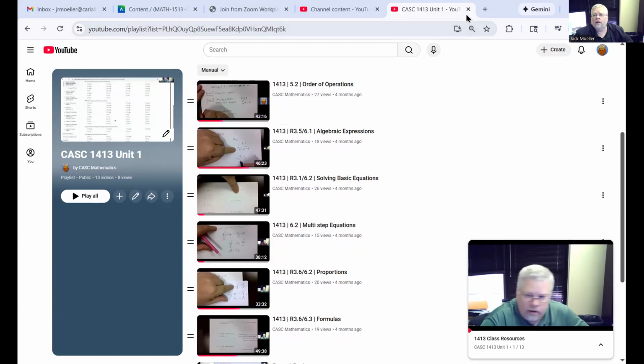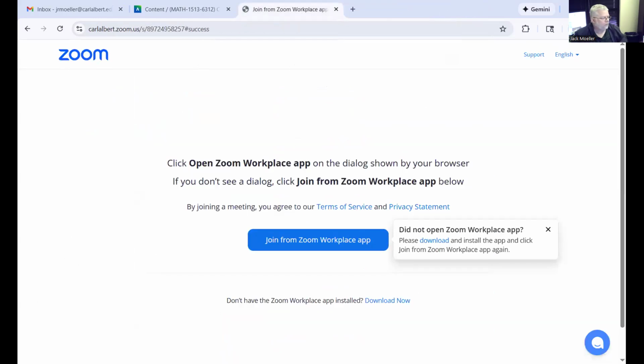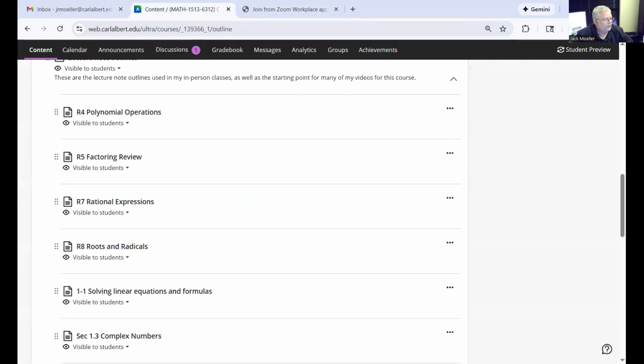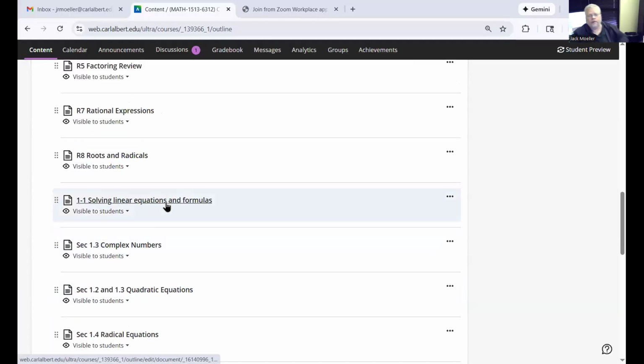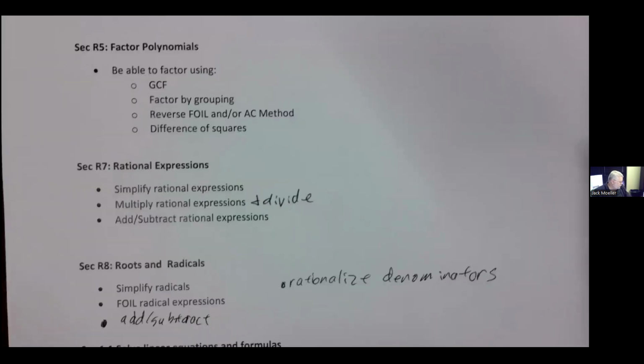Okay, all right. So let's get into our actual content. As always, I am pulling this from Blackboard lecture notes. Let me open that up. So, solving linear equations and formulas. Let's jump into it. All right, now